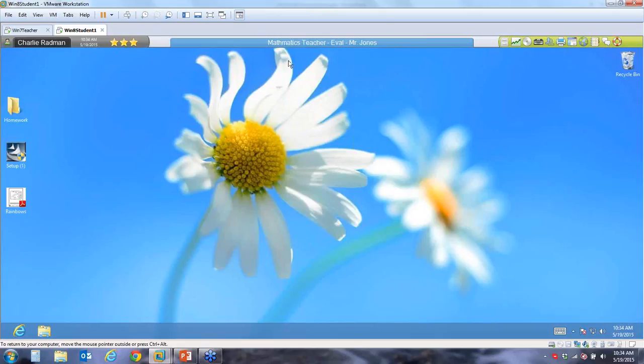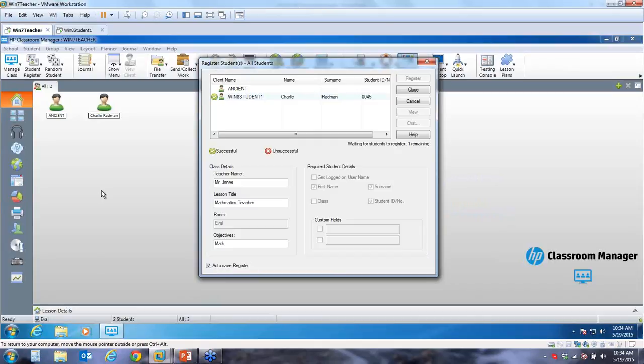And you'll see up here there's a little toolbar running at the top. And that's really all of the real estate by default that we take up on the student screen. Obviously, again, we don't want to be a distraction to the student either. We just want to be able to allow the teacher to manage and use that device to better improve the education experience. So once the student has registered, you'll see that a name shows up and it comes up,